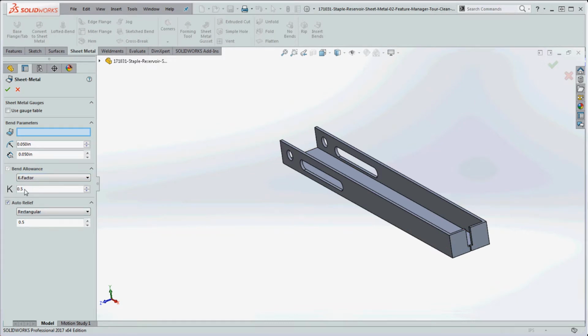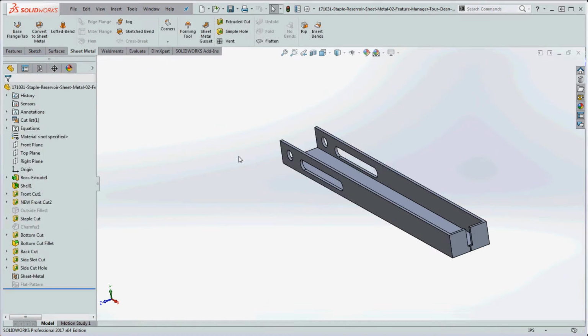K-factor implies that we're going to bend it right there in the middle. And then our auto relief right now, I think it's set for rectangular, but it could be tear or oblong, but we'll probably cover that in a different video. So we're going to go to the green check mark. We're going to stick with the default settings that were given us, and then we're going to go back to